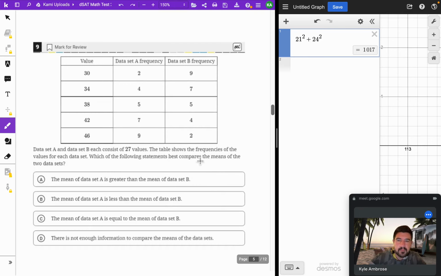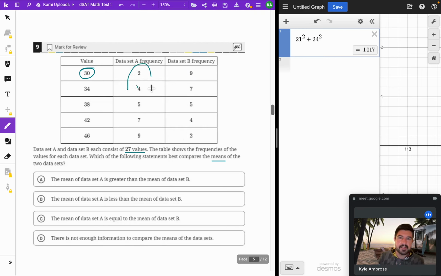Which of the following compares the means of the two data sets? So they both have 27 values. Oh, this is easy. So notice that it says the frequency of, let's say, the value of 30 is 2 in data set A and 9 in data set B. So that means there's 2 30s in data set A. There's 9 of them in data set B. But that's all nothing to worry about, because if you compare,